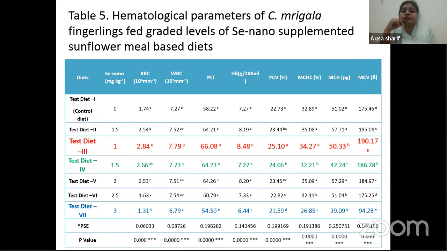And hematological parameters of Cirrhinus mirigala fingerlings were also determined. First of all, RBCs, red blood cells, were highest in the blood of the fish treated with the tested 3, having 1 milligram of the selenium nanoparticles. White blood cells were also greatest in this fish, 7 per cubic millimeter, and the platelets were 66. Hemoglobin was 8.48 gram, and the